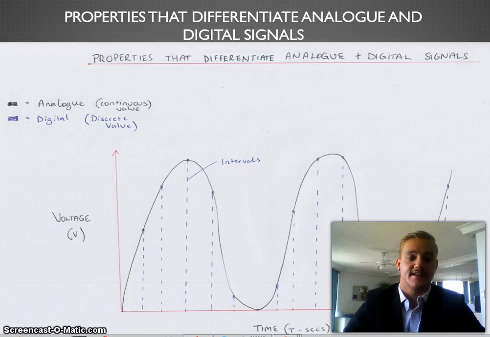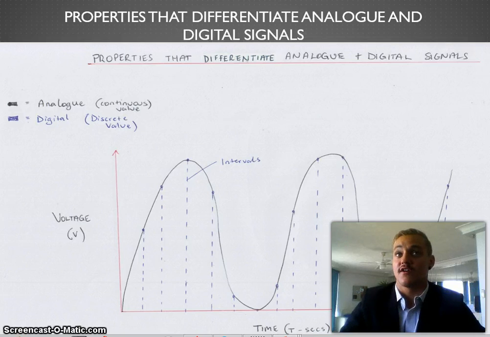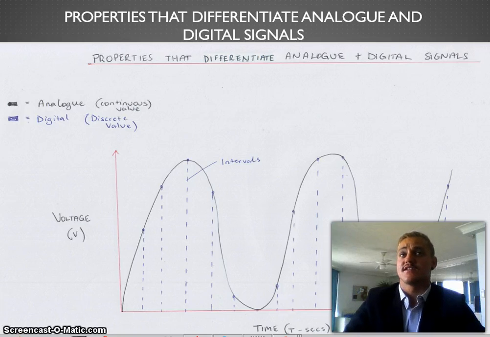As you can see in this slide, analog is represented by the black line, which is the sine wave, which is a continuous value. The blue hash lines are intervals that represent digital signal, which are discrete values. By discrete, there are two separate states, on and off, 0 and 1. This is referred to as binary logic. So what does this mean? With a continuous value, you can select at any point along the sine wave, whereas with discrete value, you're only limited to the confines of the square waves, meaning the information that you can obtain is limited to the confines of the intervals. So the more intervals, the higher precision you can get.